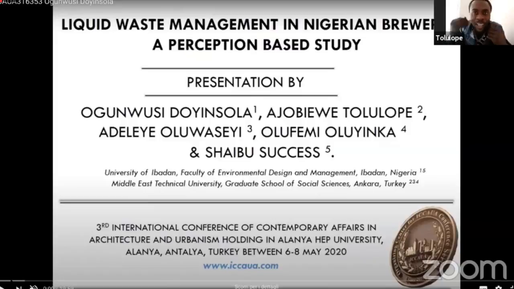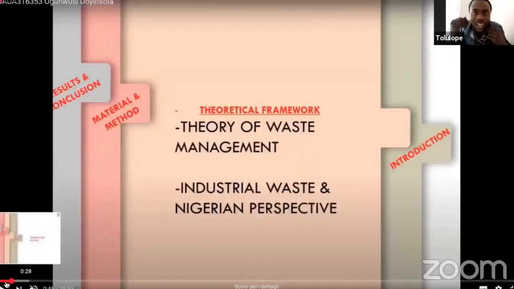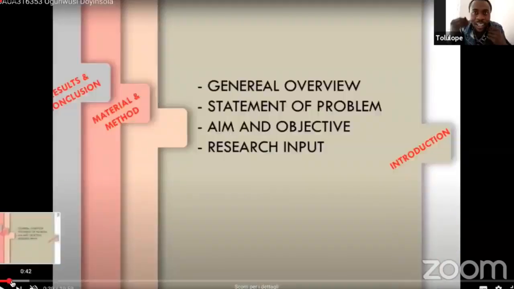To break down the whole conference, I would say that we studied liquid waste management in Nigeria, and it's of course a perception-based study. And we would know that starting from the 1760s, when the Industrial Revolution